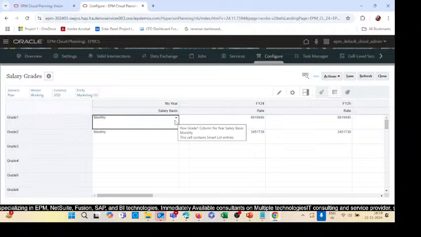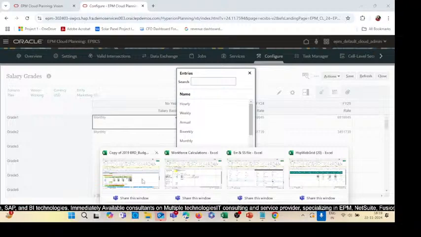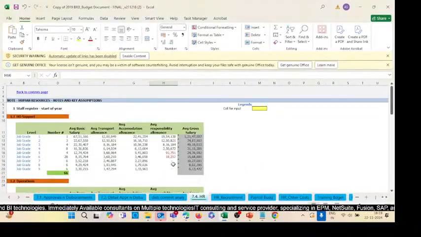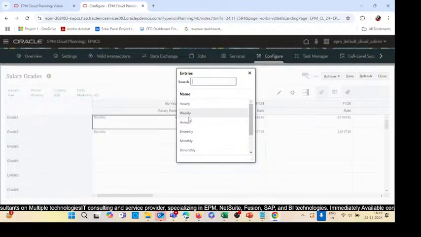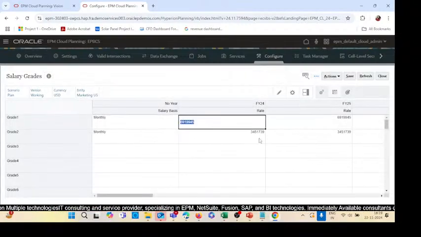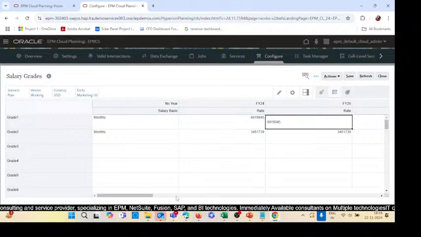So basically in the initial sessions I have shown you that I have selected the annual salary basis as annual. So if I choose annual, what figure should I take here? Here I need to take this total, that is from January to December. This is the annual figure, 83039,342. But if I want to see it on a monthly basis, I can change it to monthly, and here the monthly figure will be chosen. So 6919945, this is the monthly figure. We will select the same,